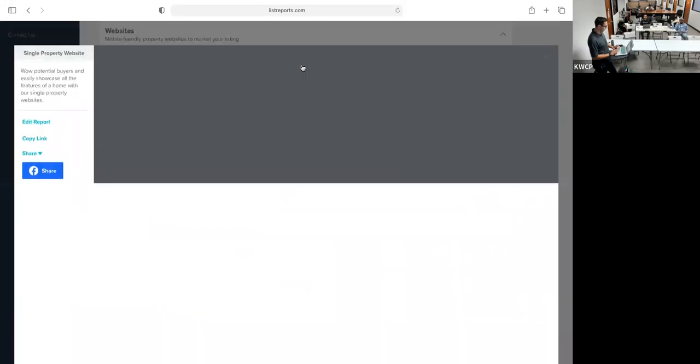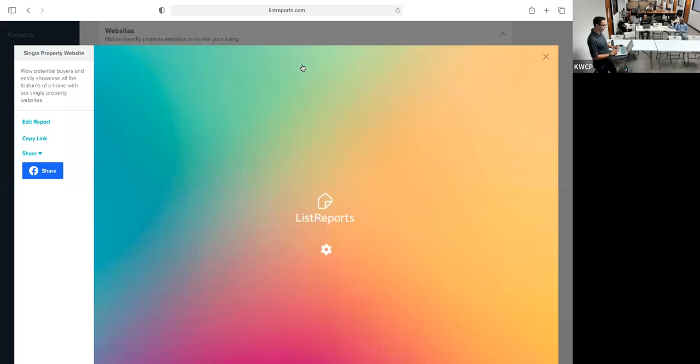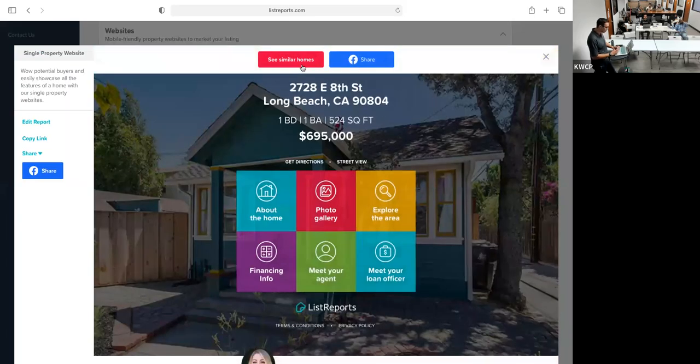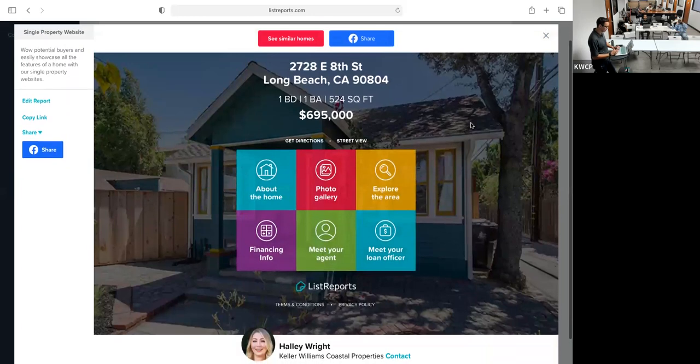Now, if we click on that, you'll get to see, essentially, this is the same information that's put together on your open house flyer, but it's just presented in a